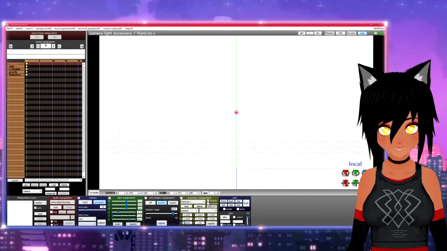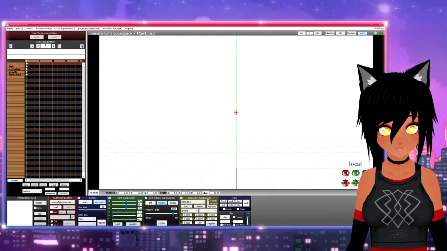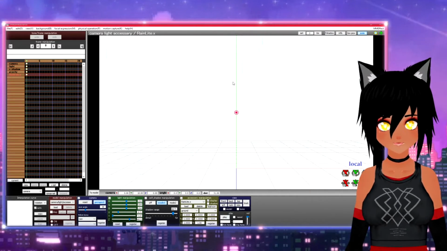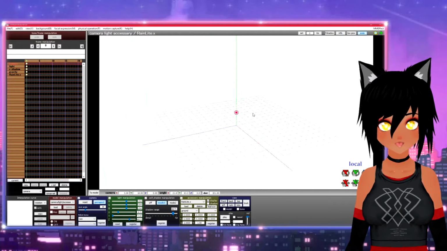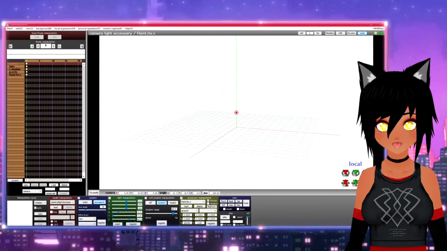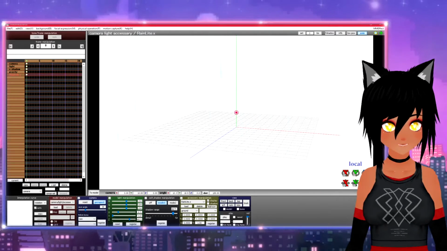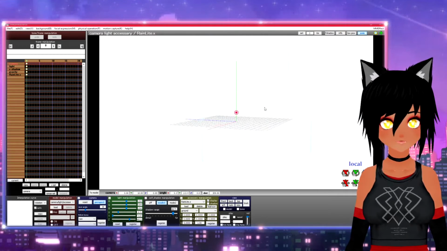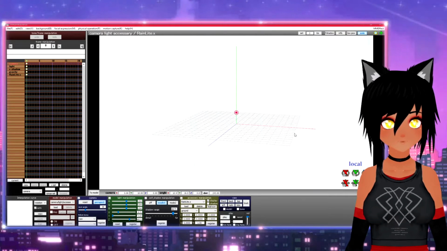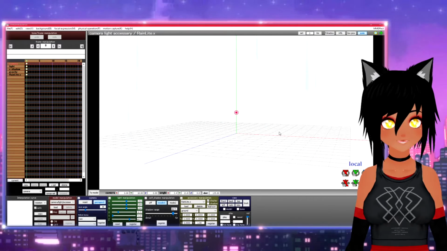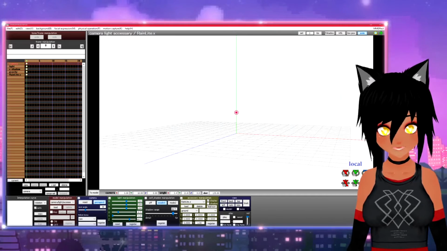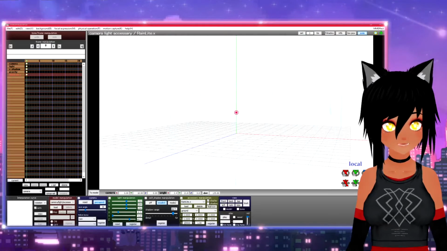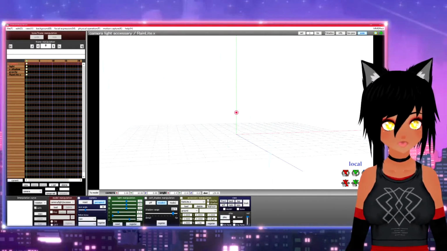So I don't know what the rain will do, but let's see if the rain can change size. Usually if you increase this and then click enter. Okay, so it made it more spaced out. So let's say 5 and click enter. Okay, so do you see what it's doing? It's spreading it out a little bit more. So I guess you can do that if you're wanting a lighter rain, and then you could animate it to slowly get more dense. So that's the difference between 1 and 5. So that's what that does.